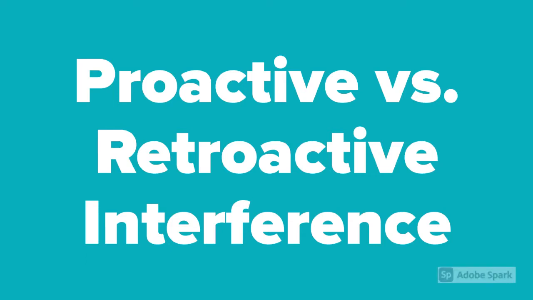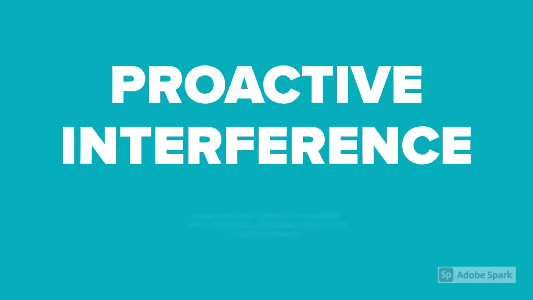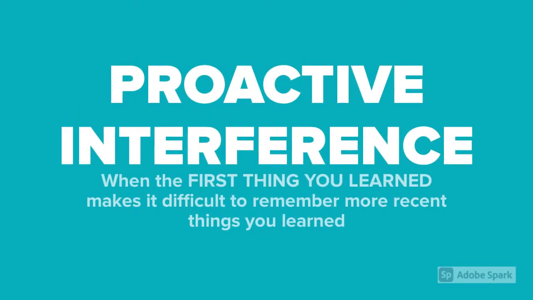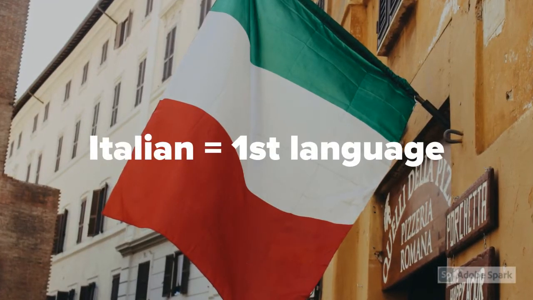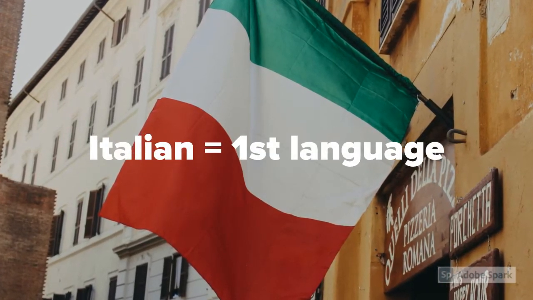Let's do a quick review of proactive and retroactive interference. Remember that proactive interference is when the first thing you learned makes it difficult to remember more recent things you learned. So if your first language was Italian,